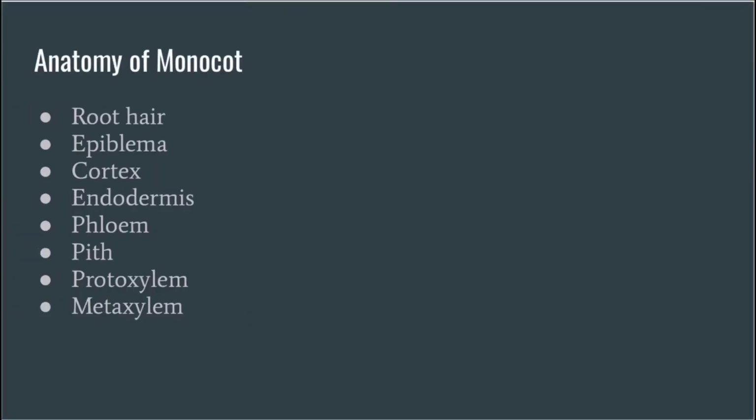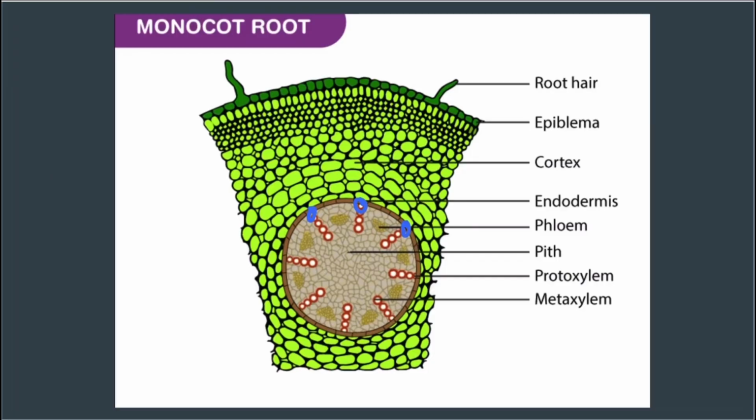Alrighty, we're going to look at the anatomy of the monocot. We're going to cover the root hair, the epiblema, the cortex, the endodermis, the phloem, the pith, the protoxylem, and the metaxylem. So if we look at our photo here, the first thing that we are going to focus on